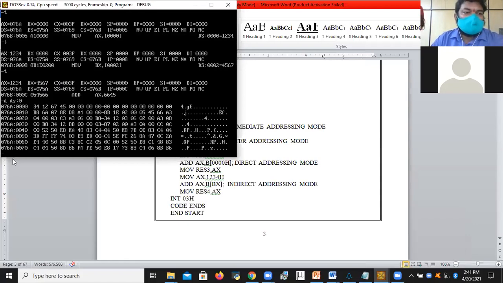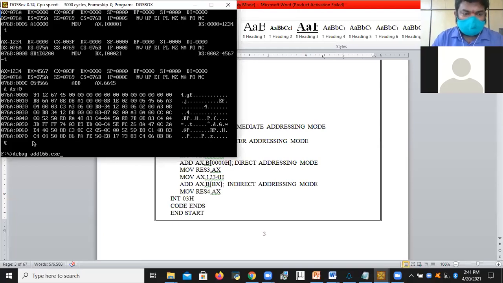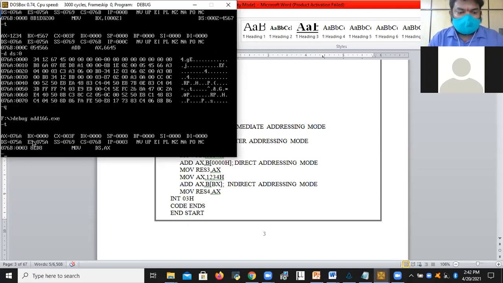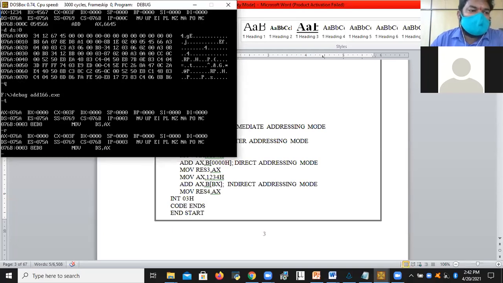Before this, I will show you what happens. First you check the register contents before executing the program. What are the AX values, what are the BX values, and how the register values change. You just see, the AX value is 076A.